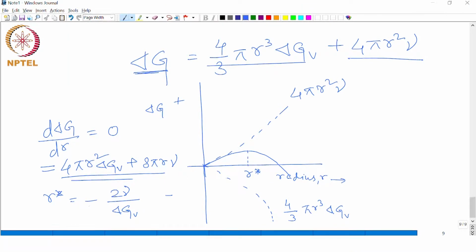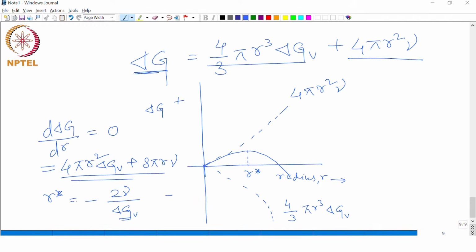So, the negative sign here indicates that this delta G V is negative. That means, the volume free energy will reduce once it attains this critical size, right. So, that is what the negative sign indicates,